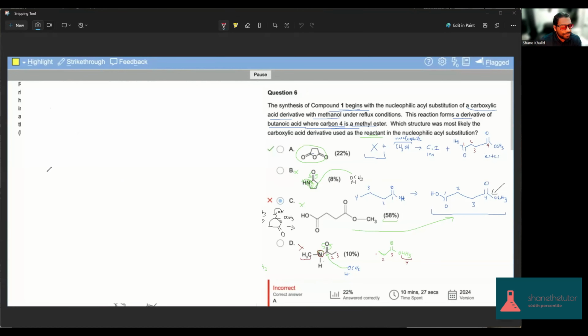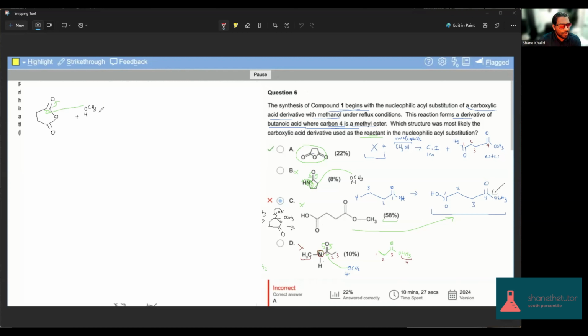All right, it was getting pretty messy, so I just made this white space here. So let me draw this again. So let's have our choice A molecule. So I'm going to draw it here. That. And we're adding our methanol. And what happens is this methanol will attack one of these carbonyl carbons, forming a bond with it, pushing the electrons from this double bond to this oxygen.